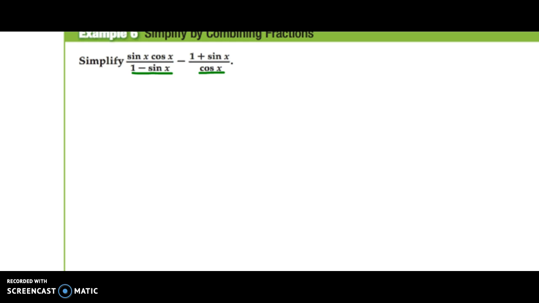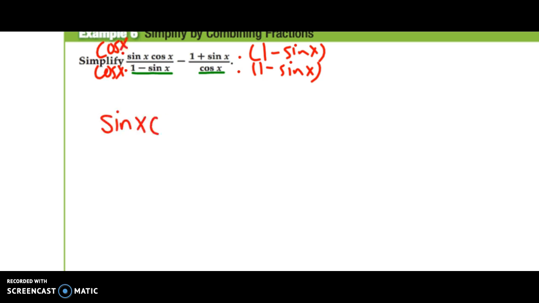So what we can do is multiply the top and bottom of this one by 1 minus sine x, and the top and bottom of this one by cosine x. That way I have a common denominator. So I'd get sine x cosine squared x all over cosine x times 1 minus sine x